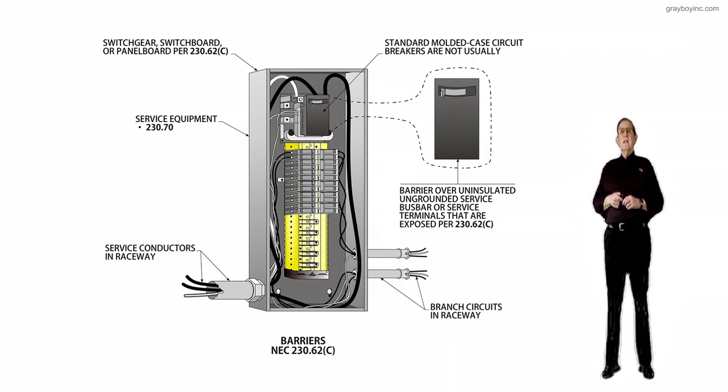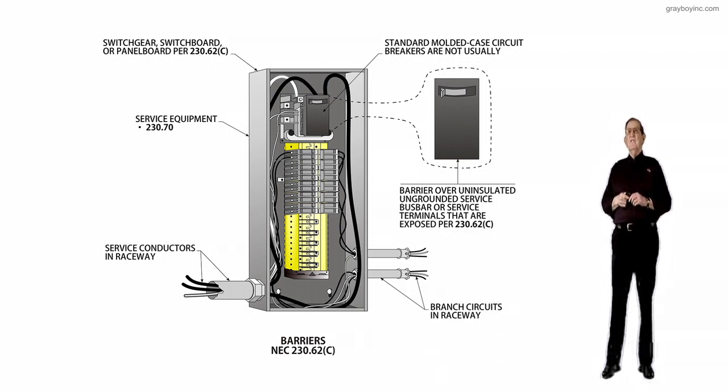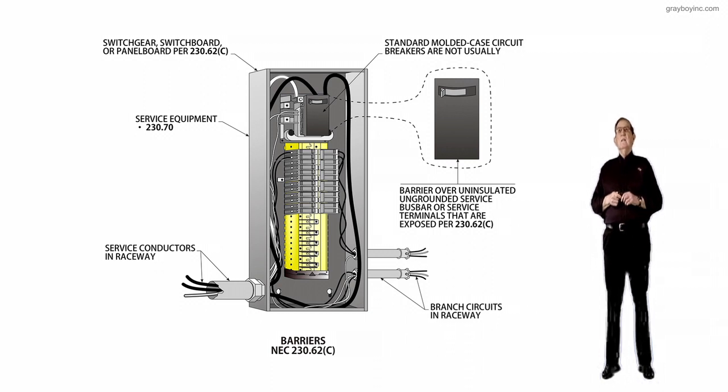Now, first, what is this? Well, if you look at the arrow to the left of this panel board, it says service equipment, 230.70. And then notice this enclosure could be switchgear, switchboards, or panel boards in accordance with 230.62(C). Thirdly, standard molded case circuit breakers are not usually inside this other equipment, but we see a lot of